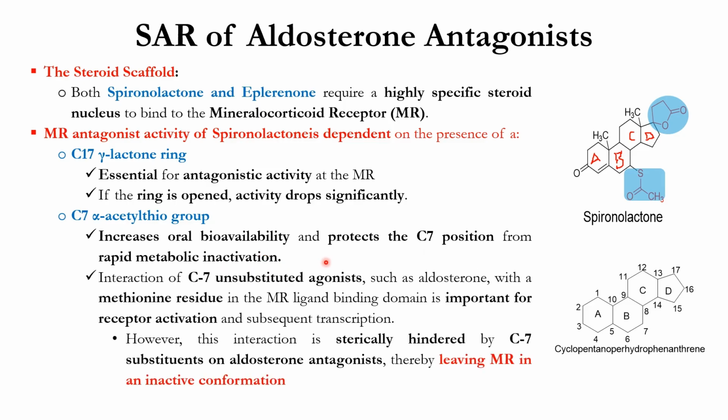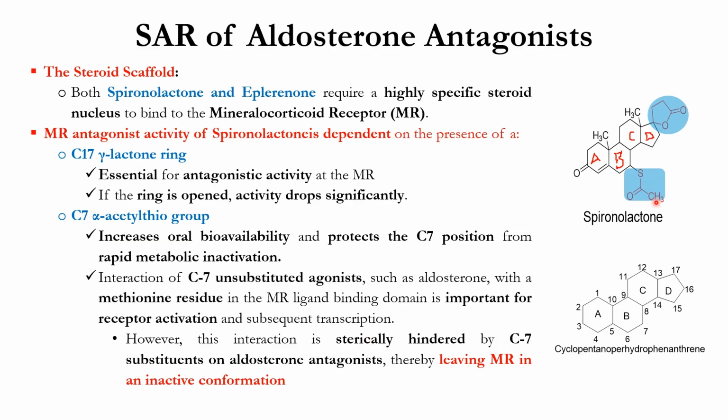The other importance of this moiety is the interaction of carbon 7 substituents with aldosterone. If they don't contain these alpha acetyl thio groups, as in the case of aldosterone, a methionine residue in the mineralocorticoid receptor ligand binding domain is important for receptor activation, and also it can bring subsequent transcription. But if this part is substituted by the alpha acetyl thio group,